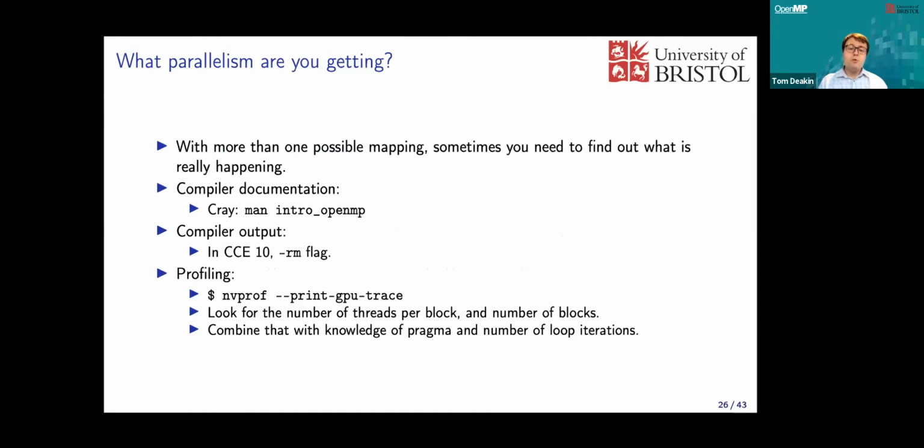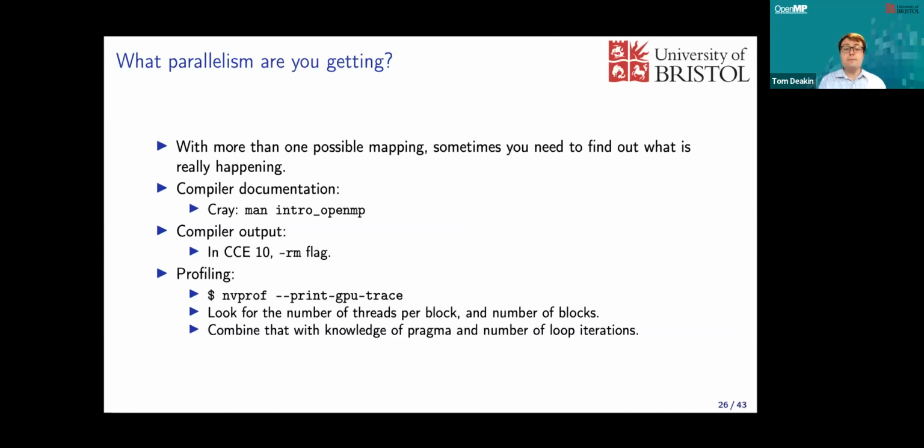So there's more than one possible mapping or association between the world of the OpenMP parallelism and the world of the hardware, and how those things may be mapped and associated with each other. So sometimes you need to find out what is happening. The first place to look is in the compiler documentation. Maybe they've explained what they do, and Cray has done this. If you type man intro_OpenMP, they have a very short man page that explains how their target is going to be mapped and associated for the different constructs and the rules that they apply in the C and